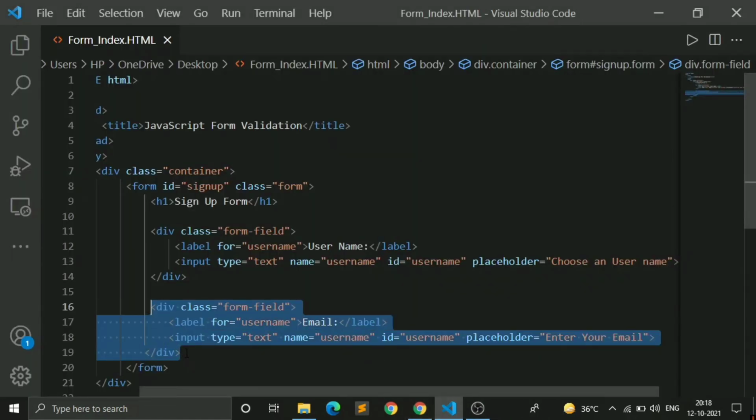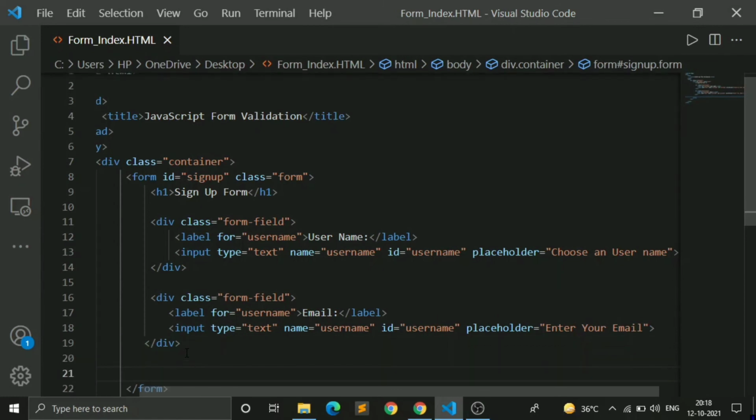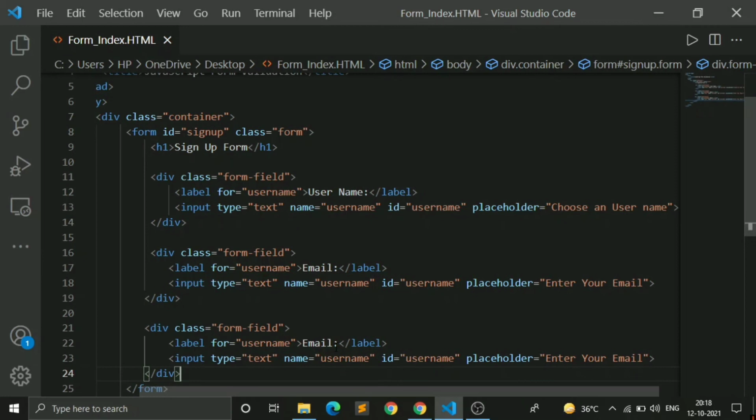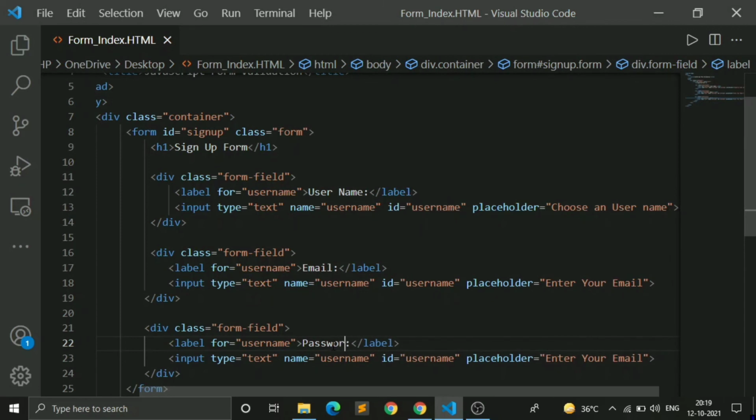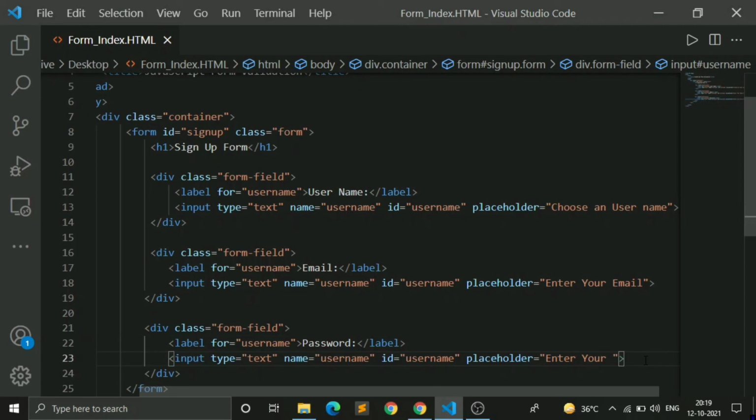Copy, and then for password I will write the same code. So I will paste over here, and here I will write password, and here enter your password. That is fine.